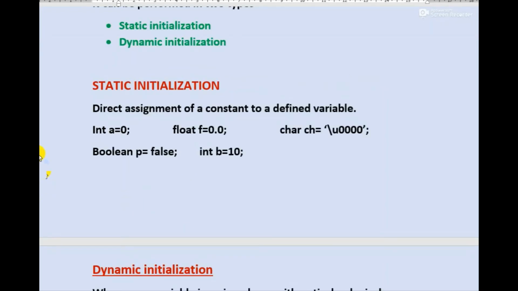So once again, what is the difference between static and dynamic initialization of variables? In case of static initialization, a constant will be assigned directly to a variable, for example int b equal to 10, float f equal to 0.0.